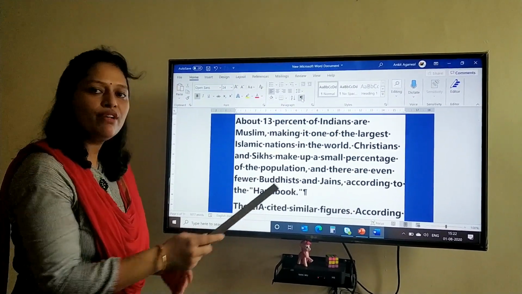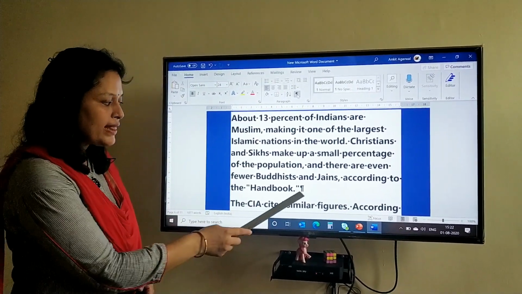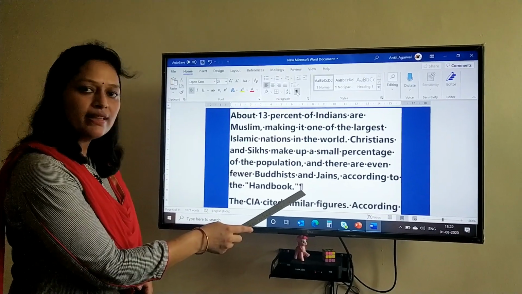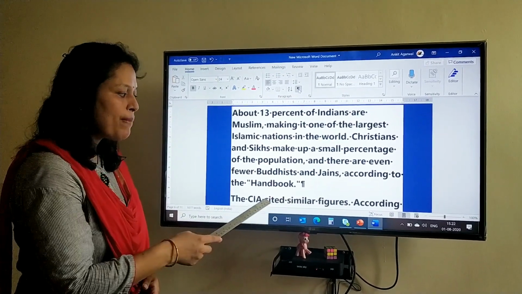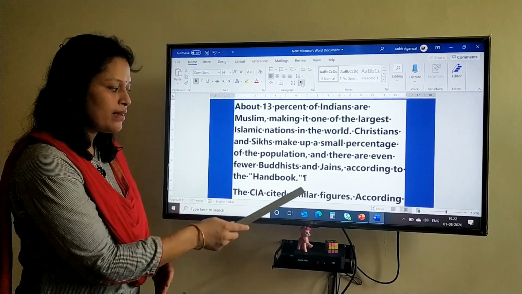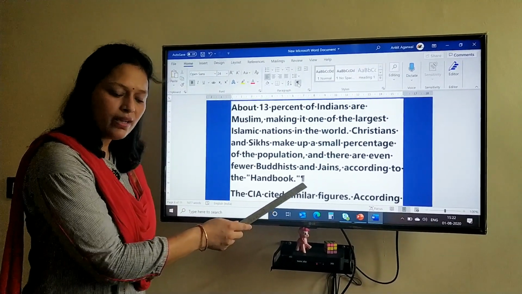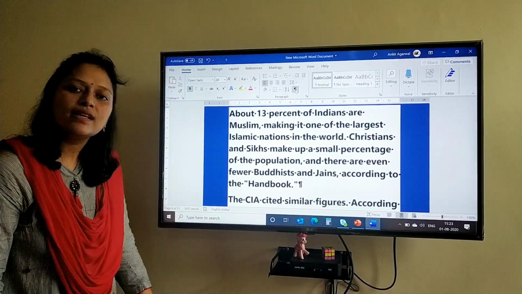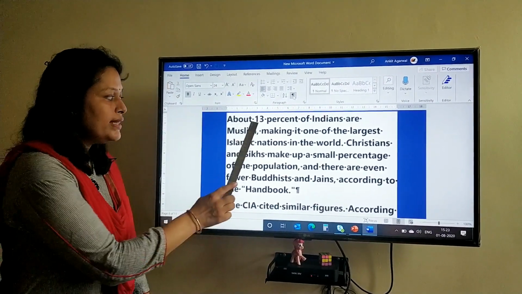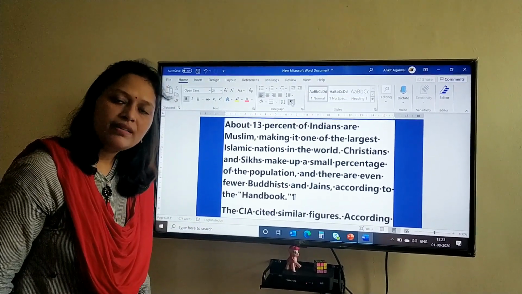These signs have different meanings. Like this dot means space, and this symbol means a paragraph mark. Whenever a new paragraph is created, this sign appears there. Okay, so every symbol has a different meaning, but these signs do not appear in the printed document.